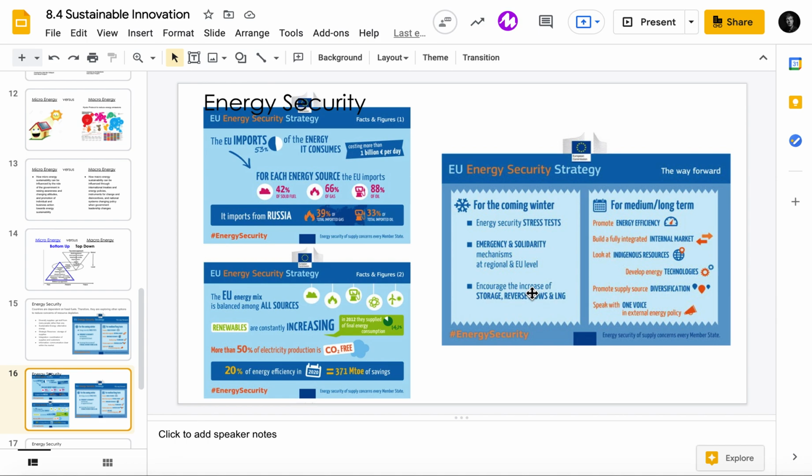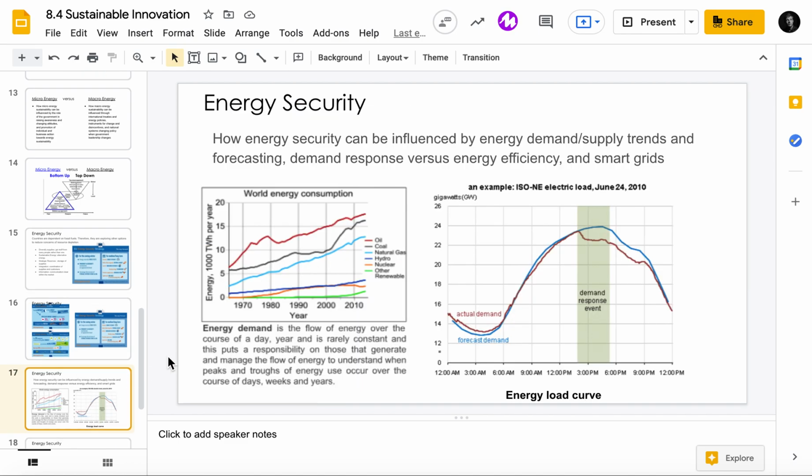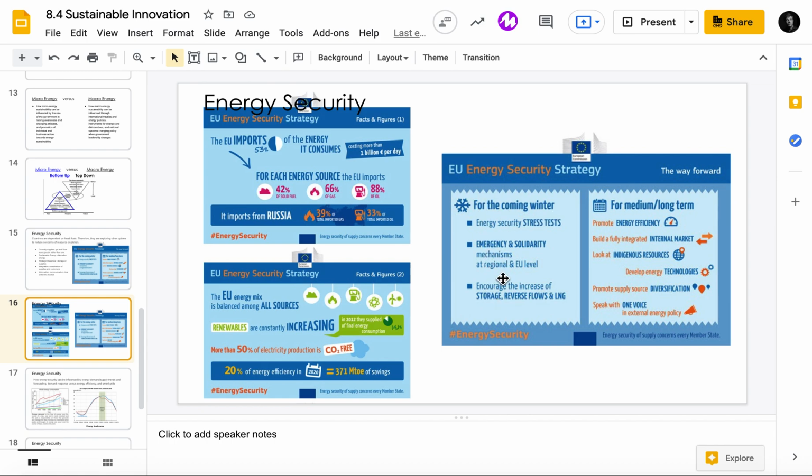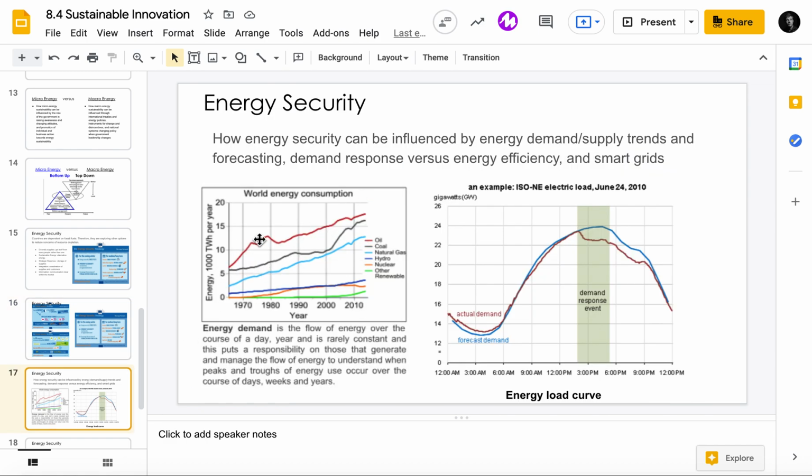Also, this next part is about energy security, where you can also use trends and demand. So like in wintertime, that's what this one's talking about. In wintertime, you can do a stress test to see how much energy is going to keep these countries warm, which typically takes a lot of energy. So they can see over the years how much energy is being consumed, or even over a day. So right here, this is a day from 12 a.m. to 12 p.m. And you can see how there's a lot less demand in the morning for energy, but then as the day goes on, from about 3 to 4, there's a lot more demand.